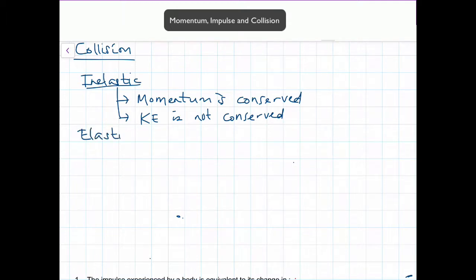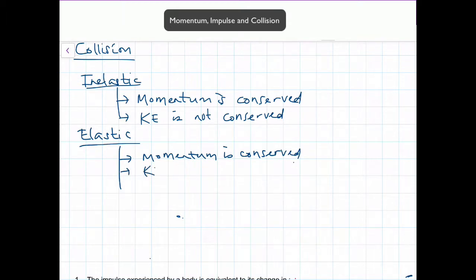The other type of collision is elastic collision. In an elastic collision, when objects collide, momentum is conserved, but at the same time, kinetic energy is conserved too. This is mostly like, for instance, two billiard balls colliding and transferring their momentum and, at the same time, their kinetic energy. That means the kinetic energy before and after the collision are equal, so that kind of collision is known as